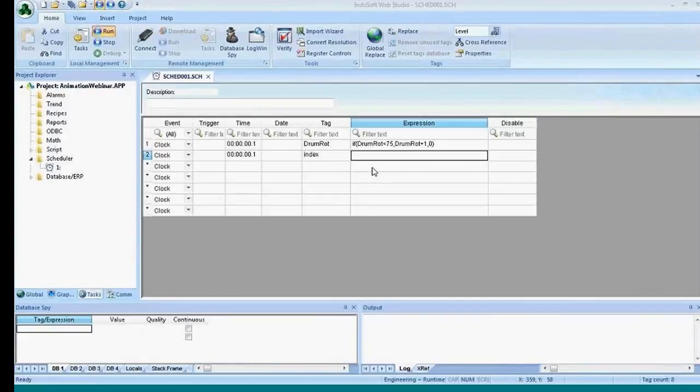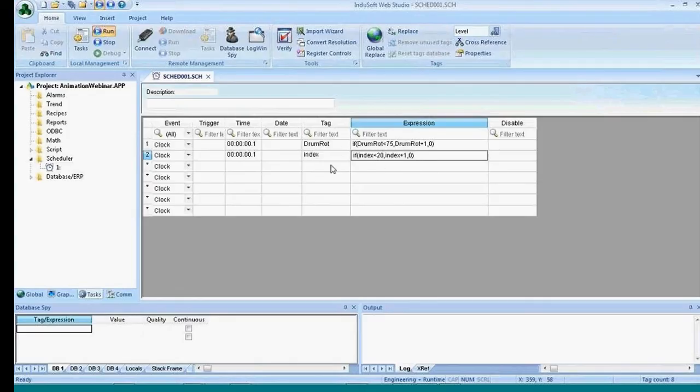So that's going to be if, and then index is less than 20, then, so here comes the true part of this, then I'm going to take index and add 1 to it, else I'm going to write a 0 back into it. Now what it does is it evaluates this. If index is less than 20, so if it's 19, then it adds 1 more to it and it writes it back to itself. If it's at 20, it's not less than 20, so then it puts the 0 back